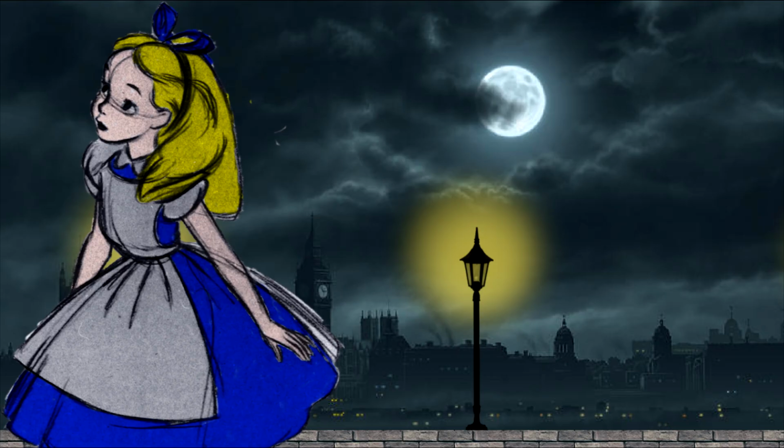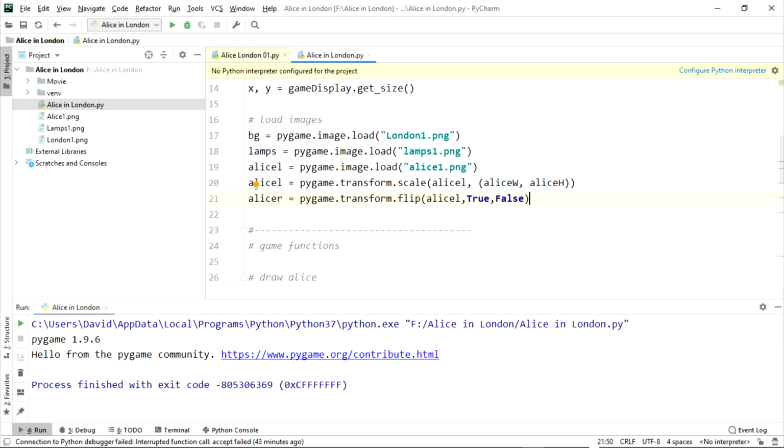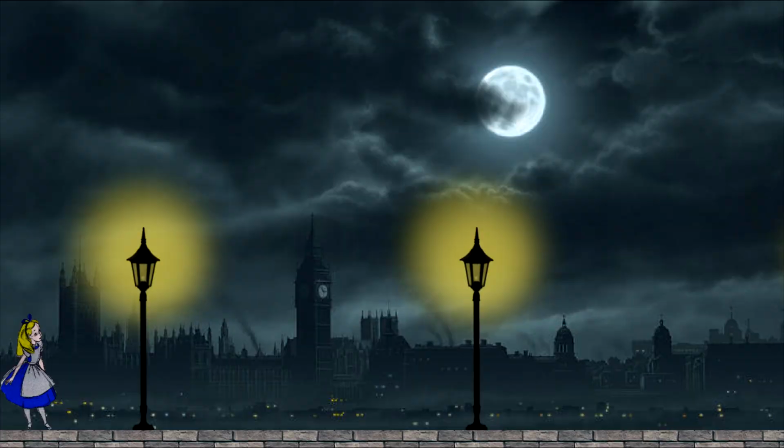Oh no, we made a mistake. Alice is too large and facing the wrong way. This art is much larger than needed and needs to be flipped. When loading I have created a right and left version. After loading the first version I scaled it to the required size. Then I made a copy facing the opposite direction. By placing the correct version of Alice, and changing the Y position, she is the right scale and facing the